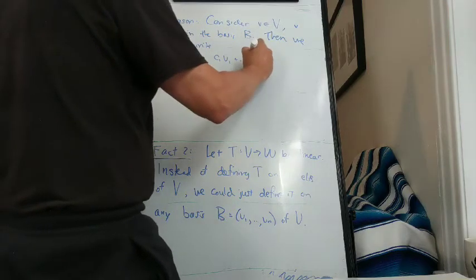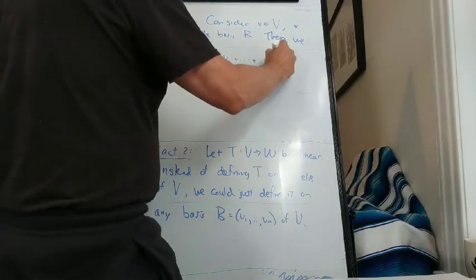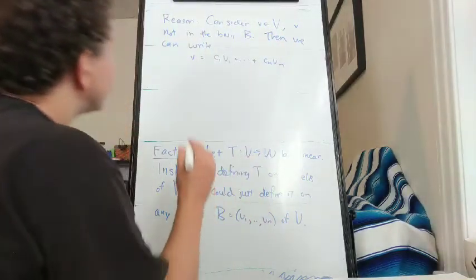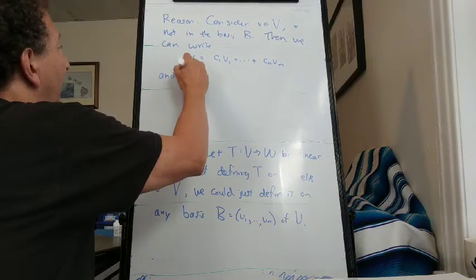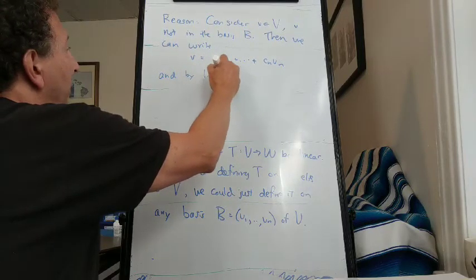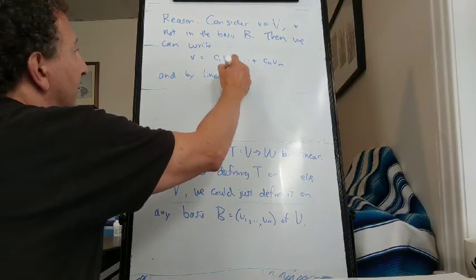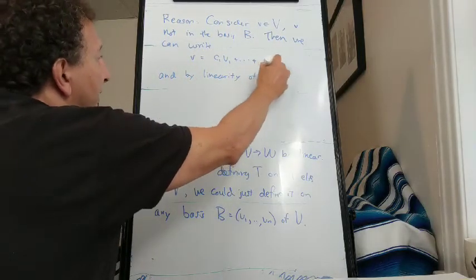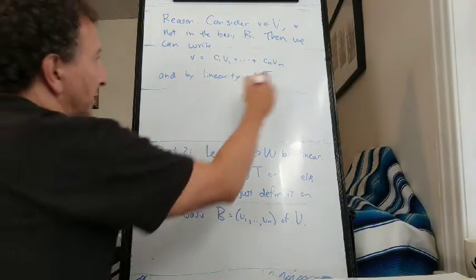Let's say C1 V1 through Cn Vn. And by the linearity of T, the fact that it respects linear combinations,